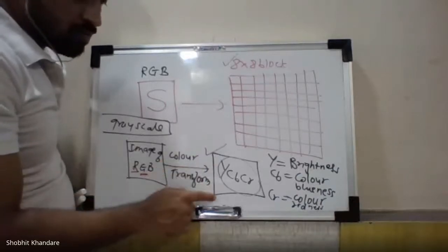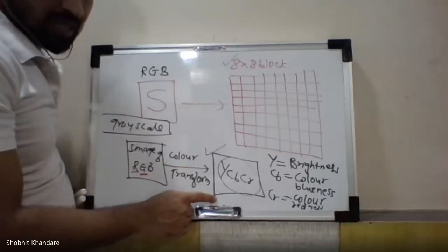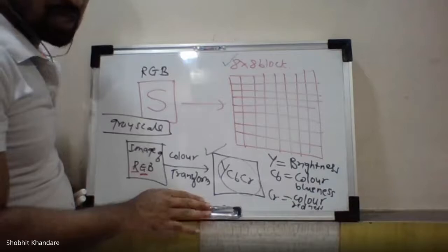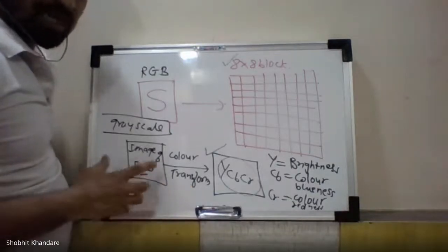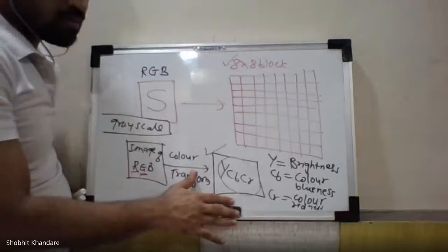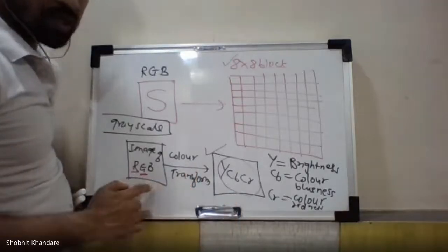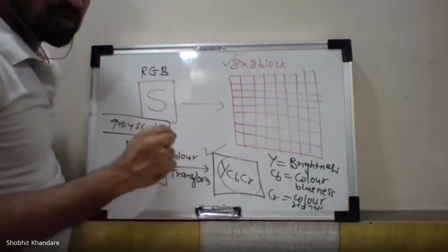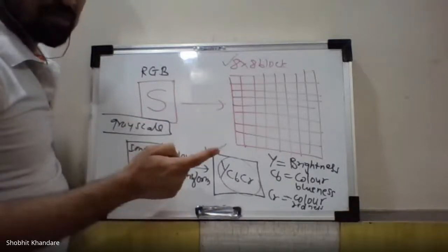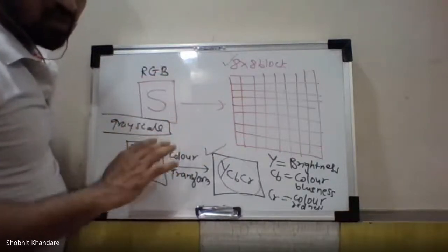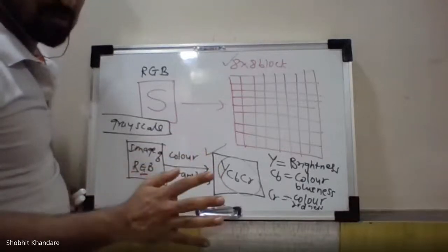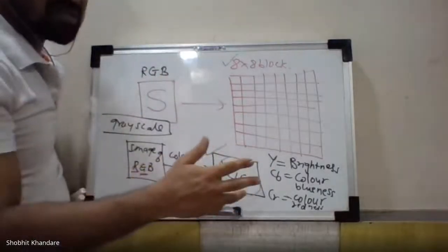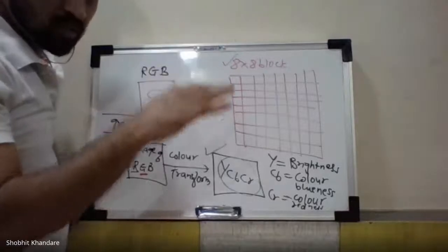In the pre-processing, the important thing is that we have to bring down the scaling of this particular image. That means if there is more brightness, we have to bring it down to the minimum brightness. Because JPEG compression, or image compression, I have told you, comes under lossy compression. In lossy compression, we are removing or discarding the unwanted frequencies, and the higher frequencies are downscaled to the lower frequencies.